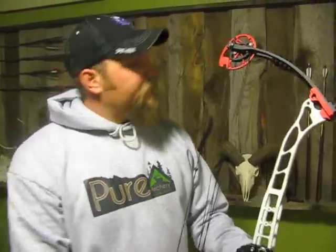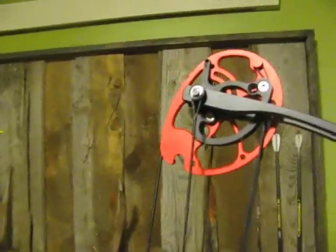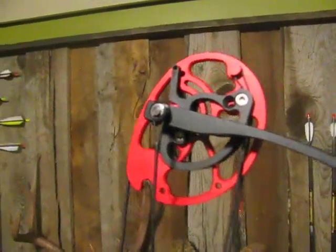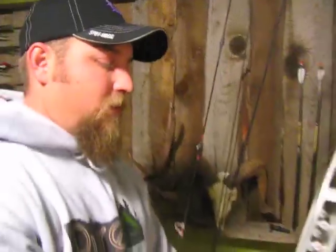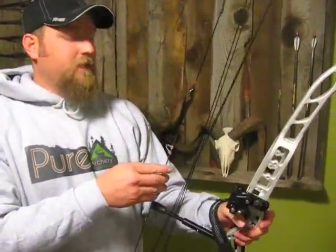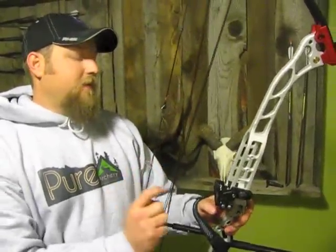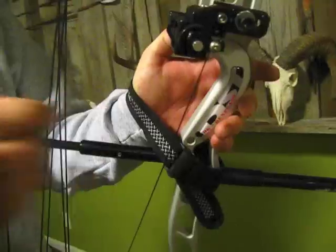Another thing we wanted to point out about this bow, the draw length. If you want to zoom in on the cables here, it's actually a draw length specific cam, but it's got plus or minus half an inch adjustability. And the best way to measure your draw length with these guys over at OK Archery in Germany is basically if you tie a string onto your string and then run it down through your hand. They want you to measure basically from the forwardmost part of the grip